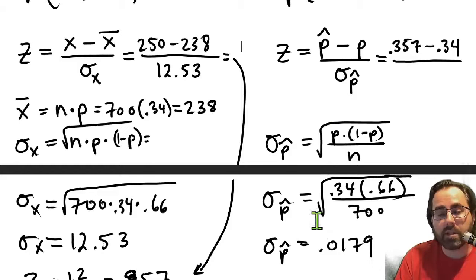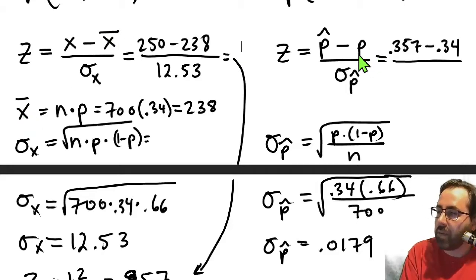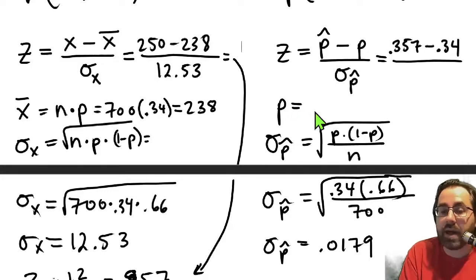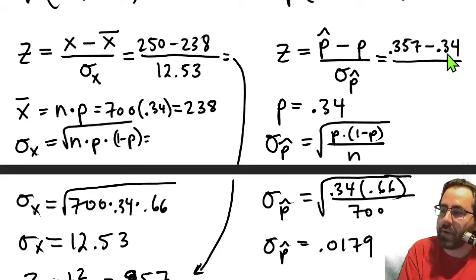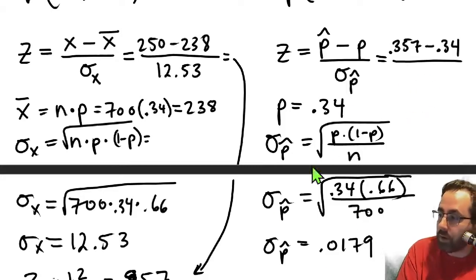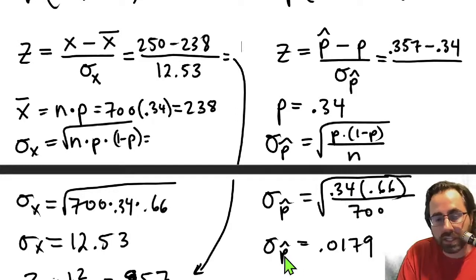So let's do it. What do we still need though? Just as we needed the mean here, we need the proportion here. Well, that's actually so easy. The proportion that we would expect is exactly what's already in the problem, so 0.34. And that's why that went right there. Here we had to calculate 238 by multiplying 700 times our probability of success. Now we're ready to finish this up. The standard deviation that we just calculated using our formula of standard deviation of proportions is